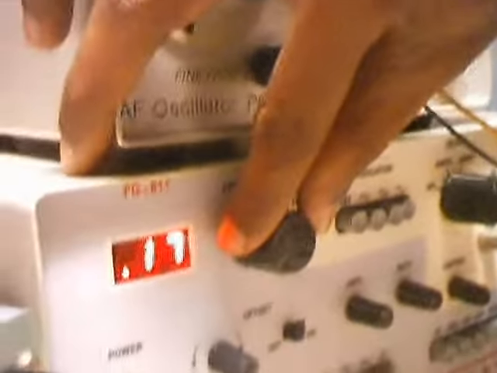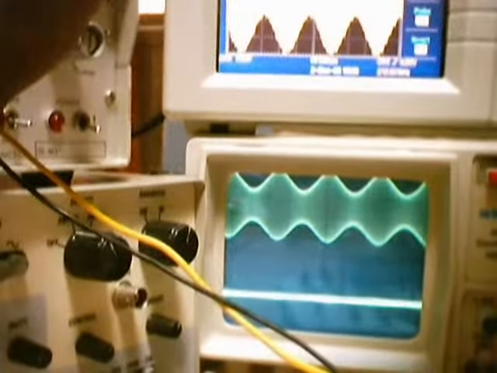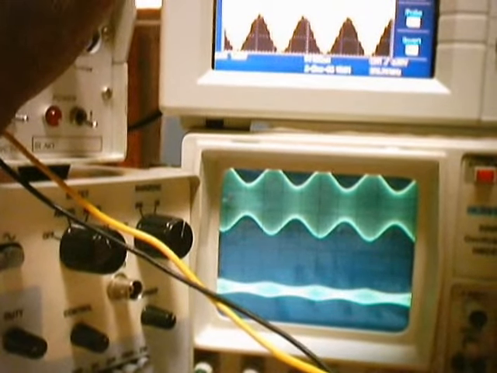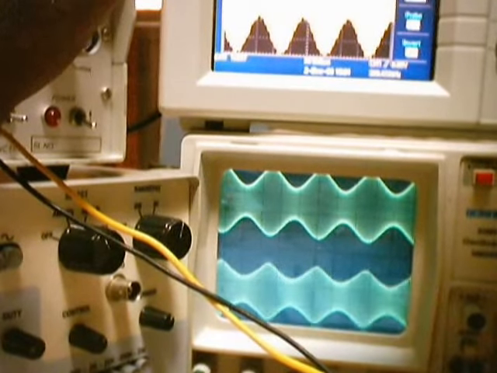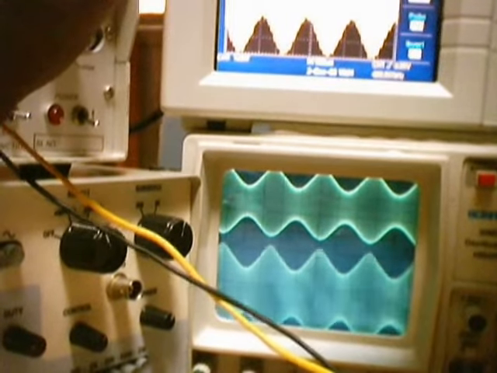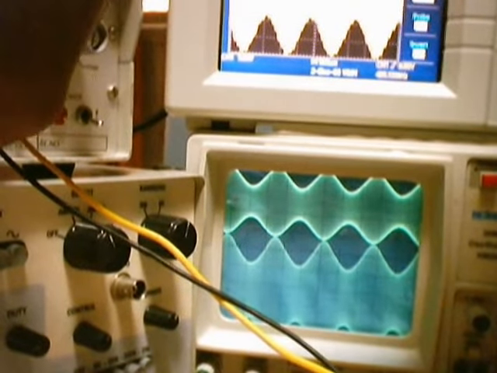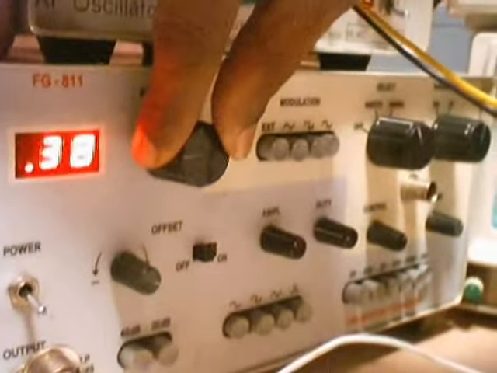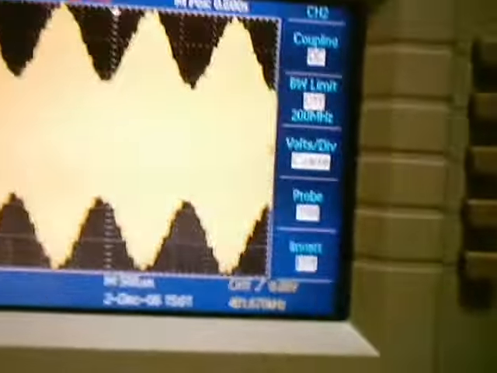So we'll vary the frequency of the input carrier. As you can see, the frequency is increasing, and the output of the IFT also changes, because we know that the IFT is a tuned circuit, it will give maximum response only at a particular frequency. You can see now it is giving maximum response only at this particular frequency of 0.37 megahertz. We can know the exact frequency again from the DSO, as you can read from this. It happens to be around 401.6 kilohertz. So this will be the tuned frequency of the IFT.